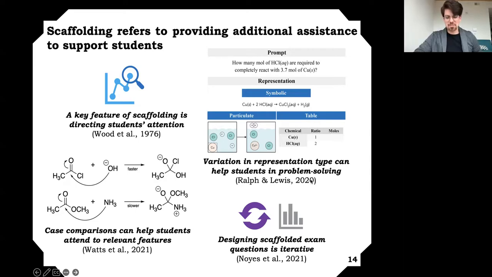Yes, and that is a wonderful practical question that is really relevant. And the answer is it depends on the context, and that's what makes it so difficult, right? And not only the context as in the topic, but it depends on the students that you're working with. The type of scaffolding that is appropriate for a preparatory course where this is the first chemistry course they've taken and they don't have any prior chemistry experience is going to be different from maybe an honors chemistry. So there's a lot of layers of context, which is not a great answer, but